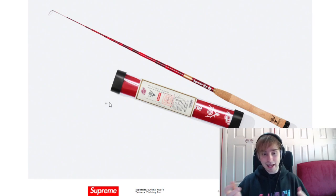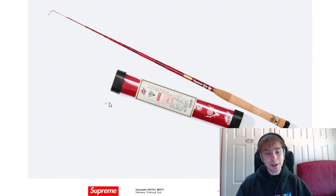But other than that, the jacket, the pants are sort of okay, but then the long sleeve, the fleece, the jungle hat and the fishing rod are definitely the top pieces for me. Fishing rod's great, but I've seen people saying an expected retail of like 400 or 500, which I don't know. That's a lot. I wouldn't really expect them to charge that for it, but you never know at the end